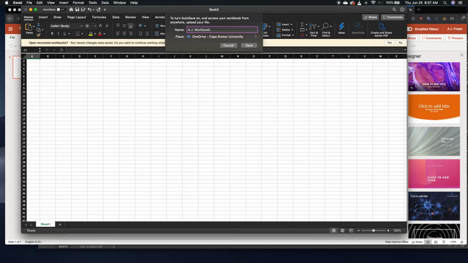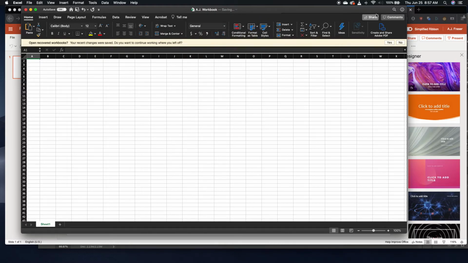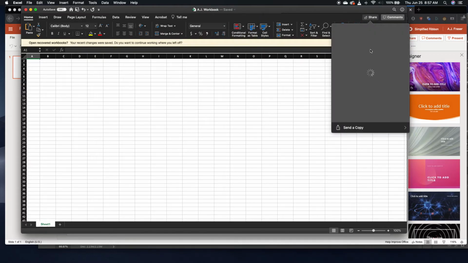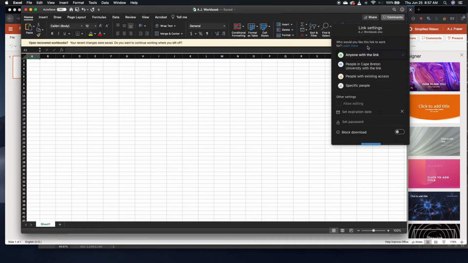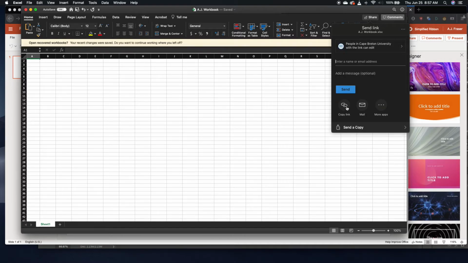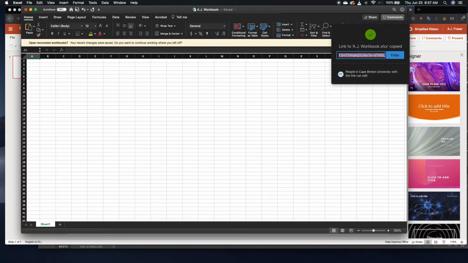I'm going to save that, and I am going to share, and I'm going to make sure that people in Cape Breton with the link can allow editing. You'll notice that when the option is on anyone with the link, it doesn't allow editing. So that is something to keep in mind. So people in Cape Breton University, allow editing, apply, and then I can copy the link or I can mail it out. If I copy the link, then what I can do is I can open up,